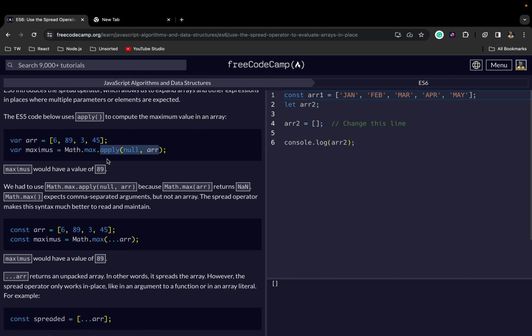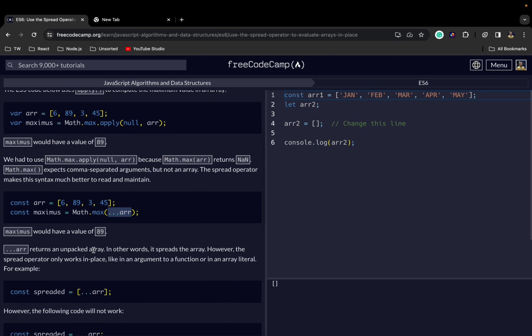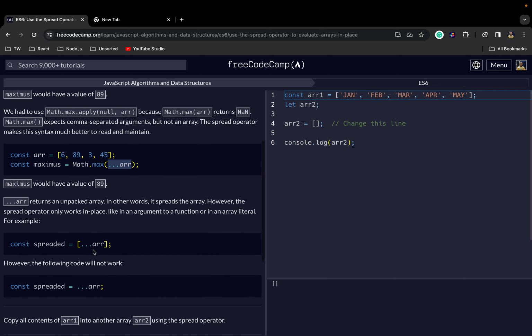But if you just want a very simple way of doing it, you just use the spread operator like so, and what JavaScript will do is spread the items in the array inside here so that Math.max can easily find the biggest one. Okay,